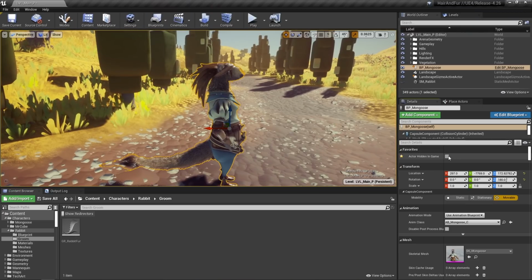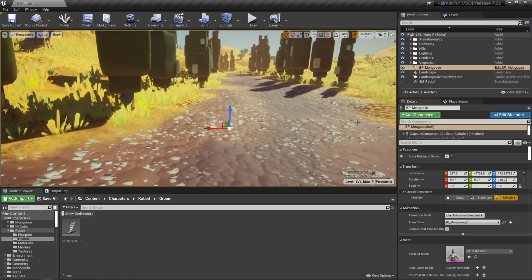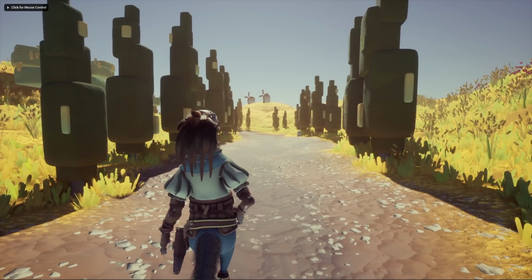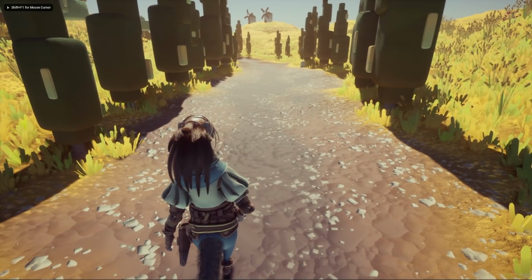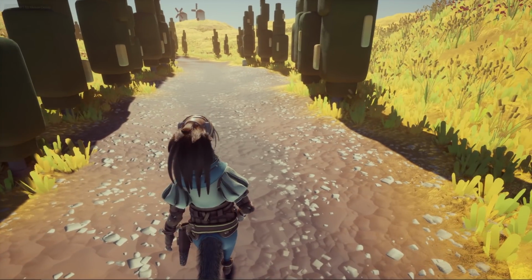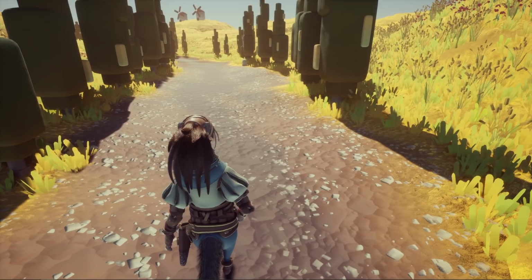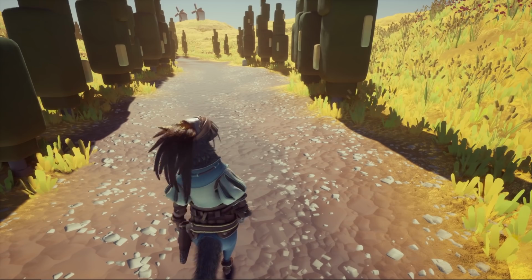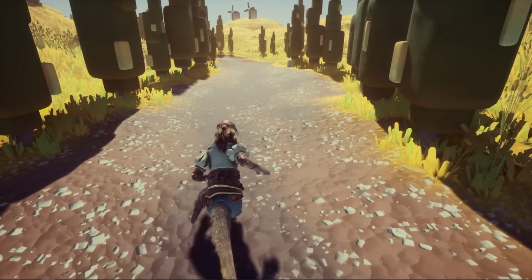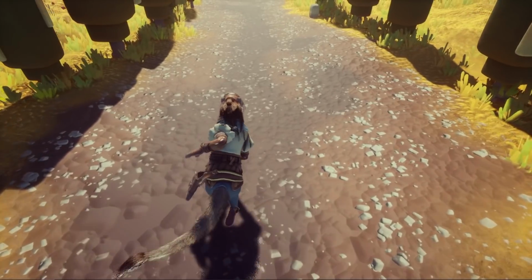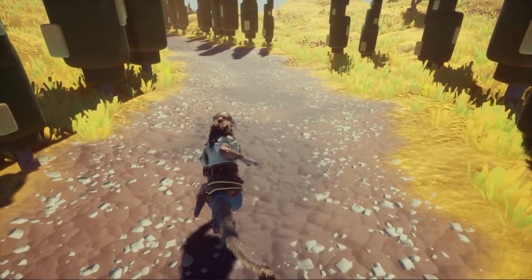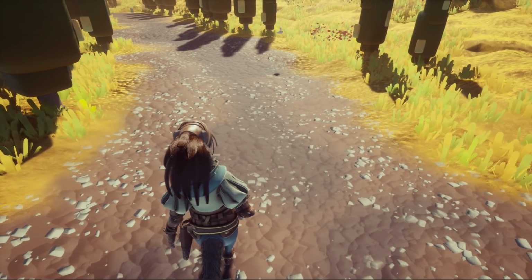Let me set this actor as hidden in game. Let's hit play and let's go into full screen to really appreciate it. As I've mentioned, the strands are going to be following the animation that we are playing on the character, in this case through the animation blueprint, so as this character moves, the hair follows. But it goes beyond, because we are going to have a layer of simulation on top, as you can see on the hair at the back of the head and on the nice swinging of the fur and hair on the tail. Really cool, right?